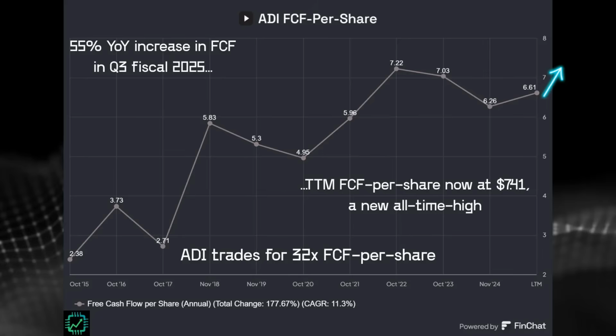This is the beauty of that hybrid model, the old IDM model, plus a bit of fabless work as well, utilizing external fab foundry capacity. For us personally, I mean, we've been talking about ADI for years, but for us personally, we never bought, and we would have been better off owning this one rather than Microchip and some other IDMs. ADI has come out on top.